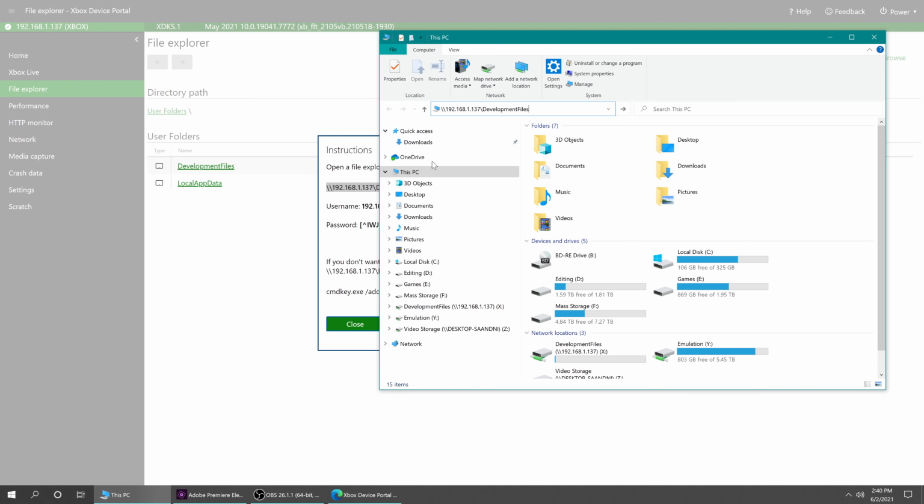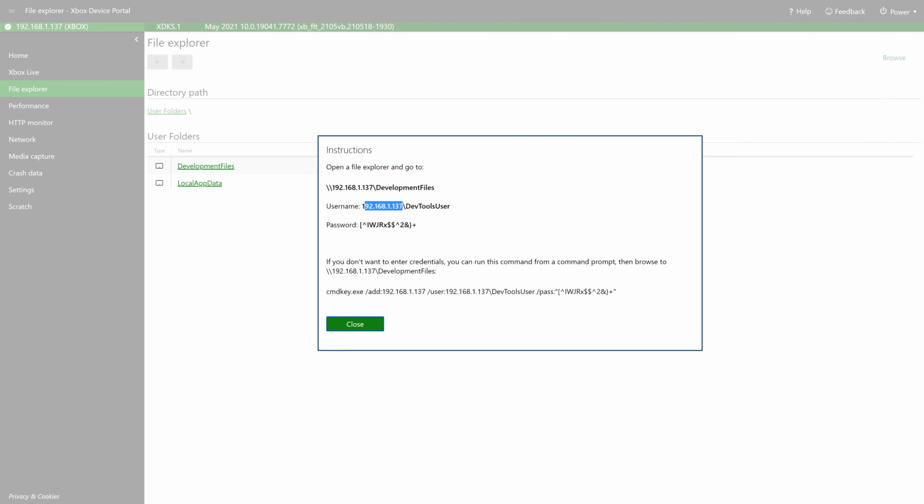And when you press enter, it's going to ask you for a username, which is right here, and a password, which is right there. If you don't want to enter a username and password every time that you pull up this address, there is a key down here. So this guy right here, it starts with cmd-key.exe. You could copy this whole thing